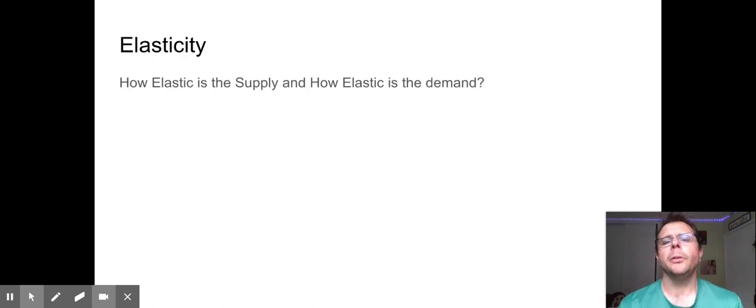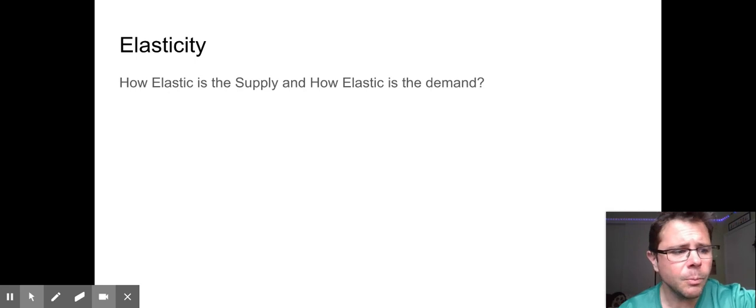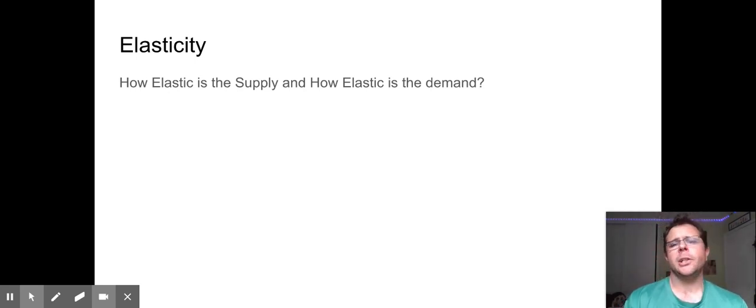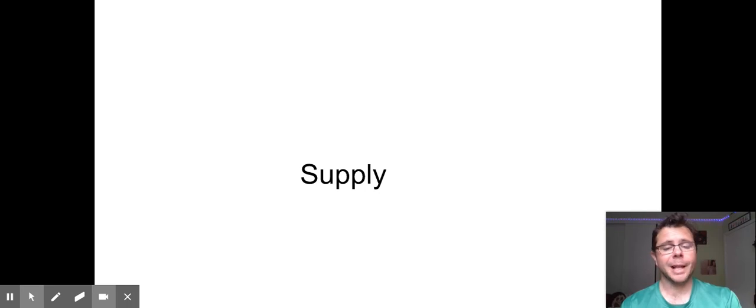Now, one thing we also saw this week was the idea of elasticity. Elasticity refers to how much our willingness to buy, or the willingness of the producers to make, changes based on changes not only in price, but also other factors. We might remember that in supply and demand, there are a variety of factors for how and why those lines shift. We'll go over those in just a second. So, how elastic are things?